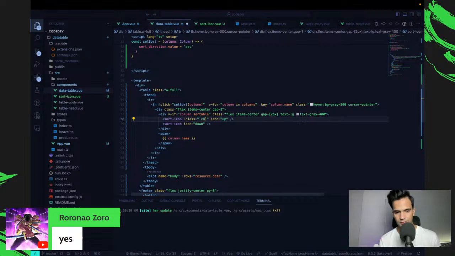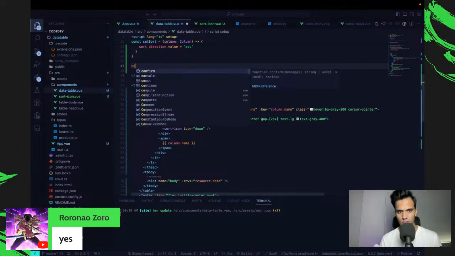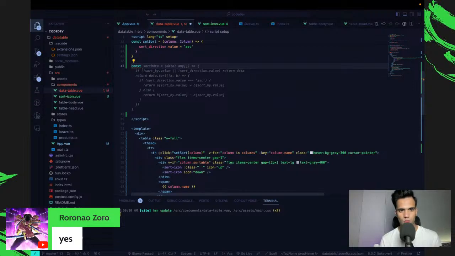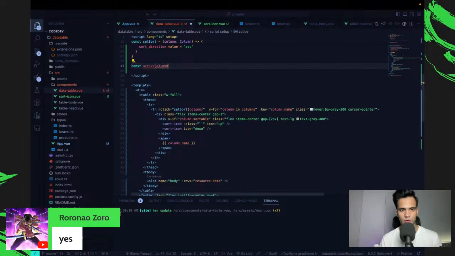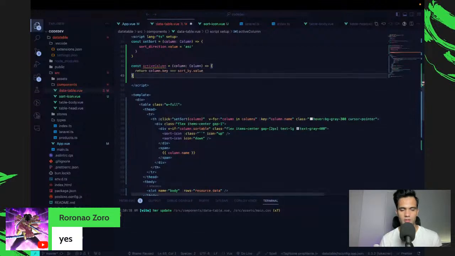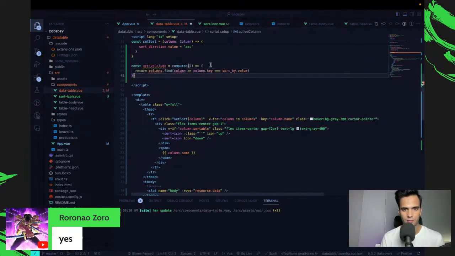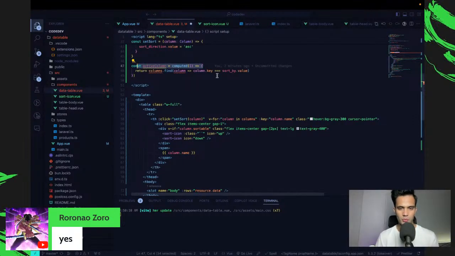So we're going to say if sort, or let's just make, I think I'll just go with the computed property. const active column is equal to, no, not that. I'm going to use computed. columns.find column.key is equal to sort by dot value.